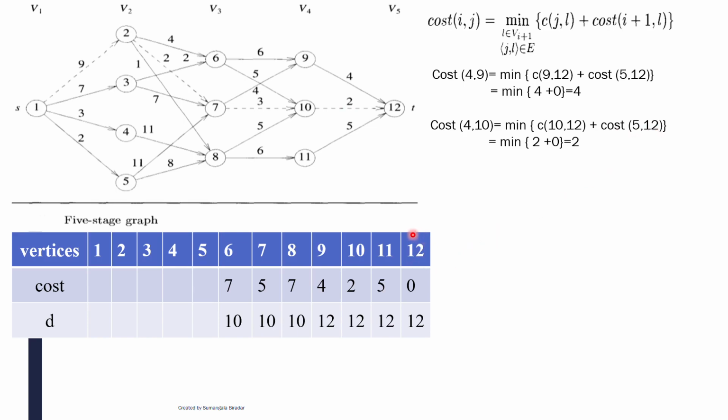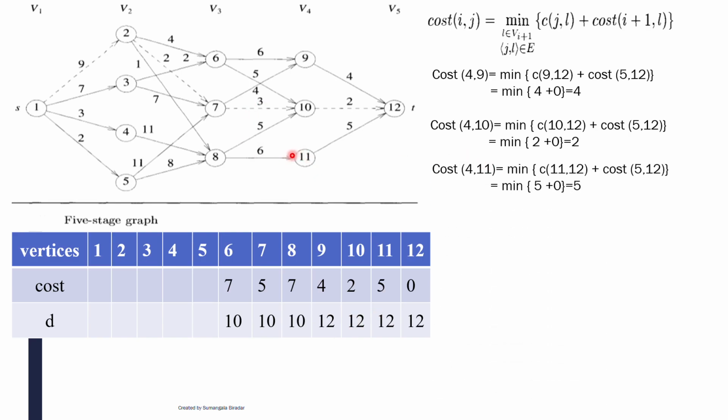Now cost of 12 here in the table. In the fifth stage you have vertex 12, and the cost you already recorded in the table as 0. You refer to this table to get the value here. 2 plus 0 is 2 here. This is the cost of vertex 10. In the table, for 10 you have to take 12, the next adjacent vertex to 10. D means the adjacent vertex through which you reach that particular vertex; you have to specify the vertex number here.